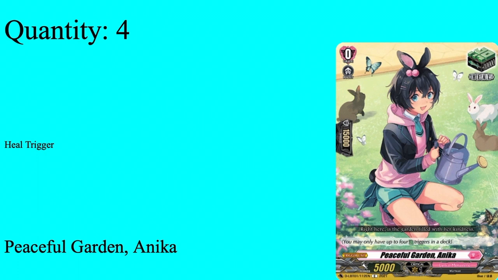And then we have 4 heals and Peaceful Guard and Anika. Great Zone boost, 50k shield, 5k power. AK the Miracle heal for me. I think it was like the first Miracle heal I had in D because